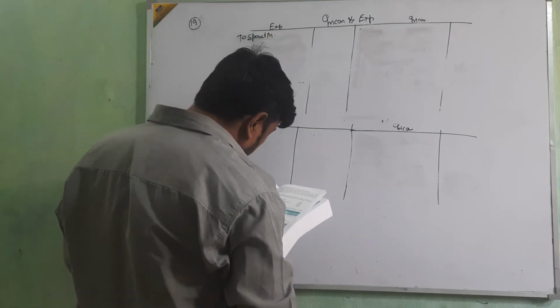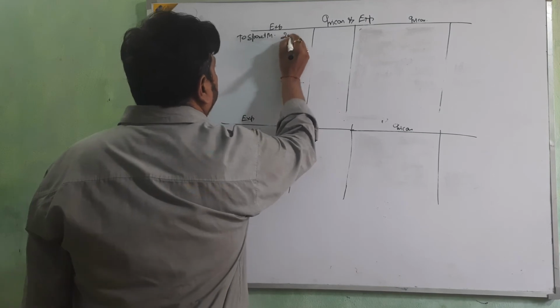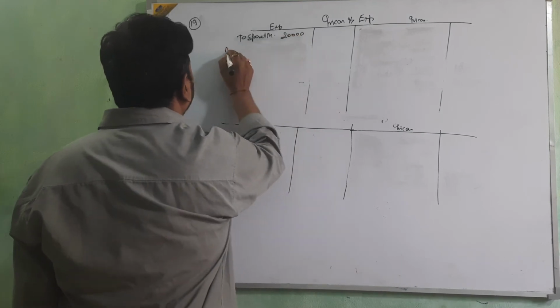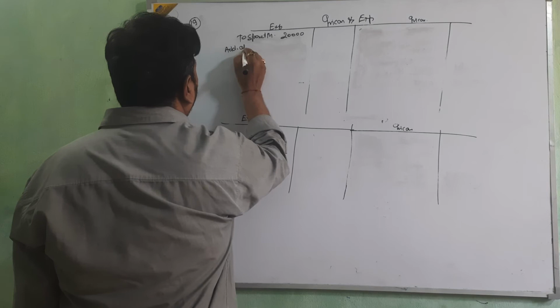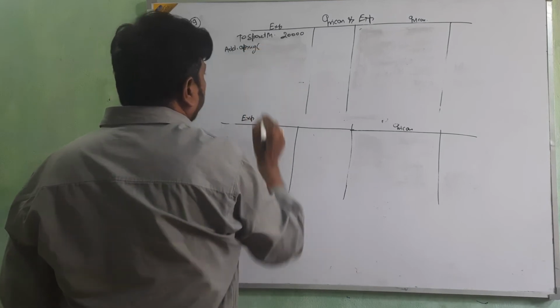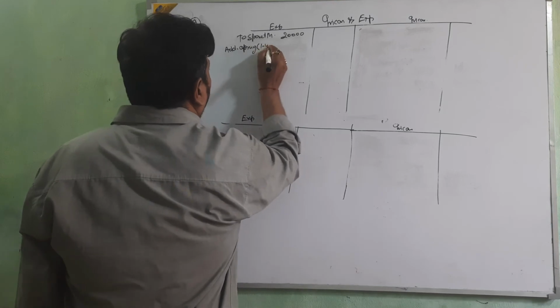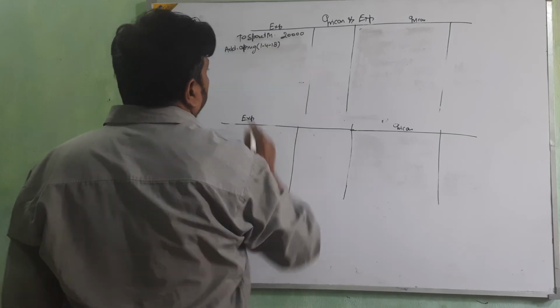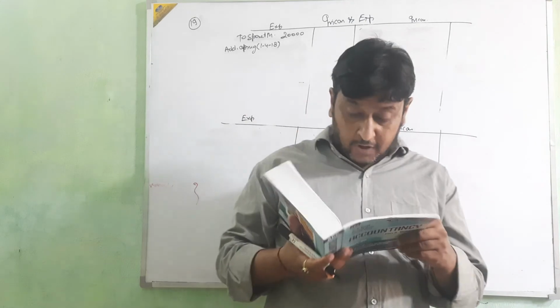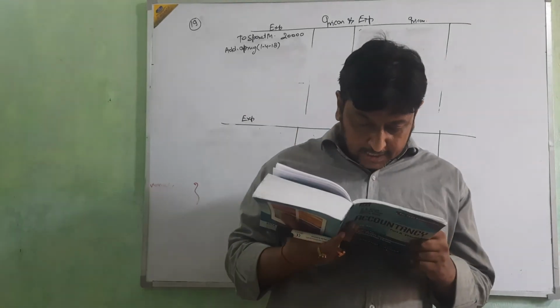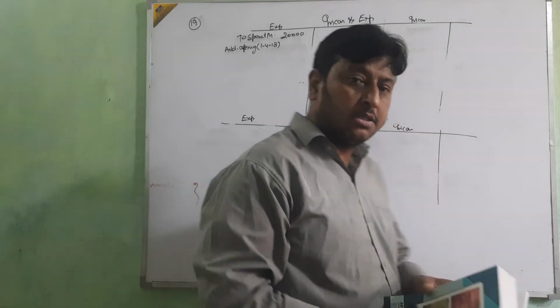During the year we have purchased for 20,000. So then 20,000 and opening means 2018, that amount is 3,000,